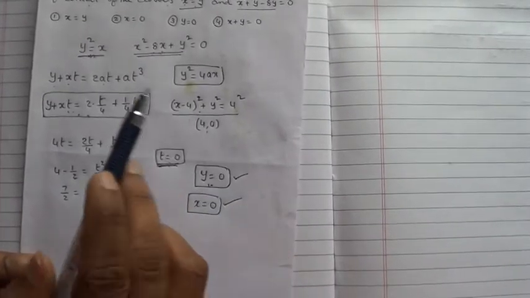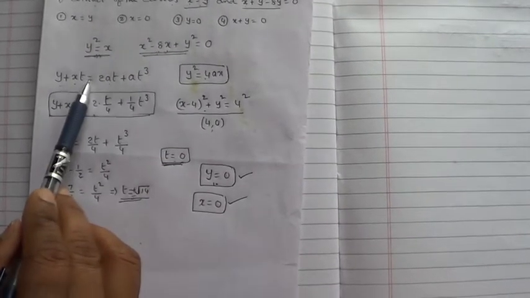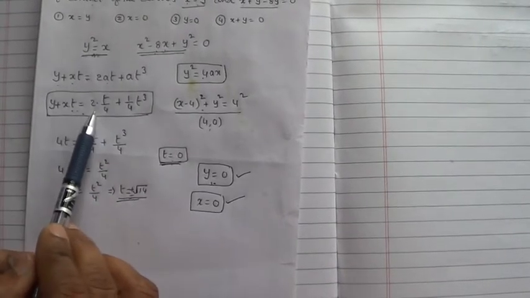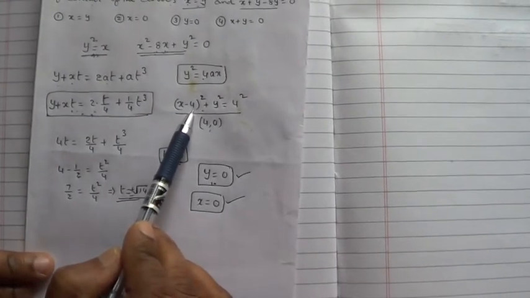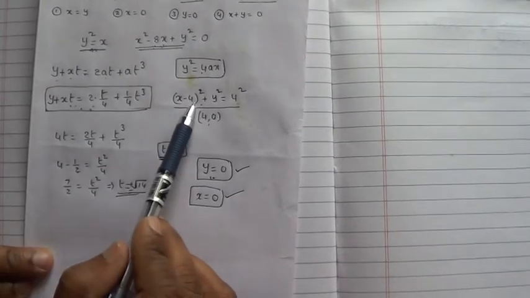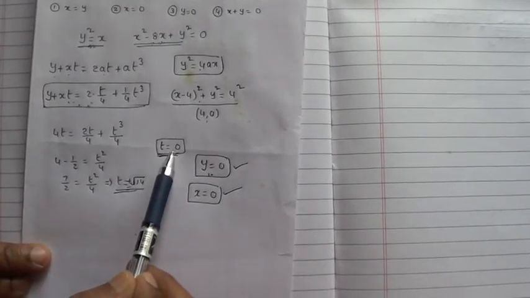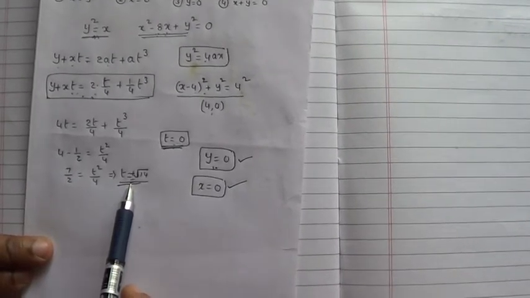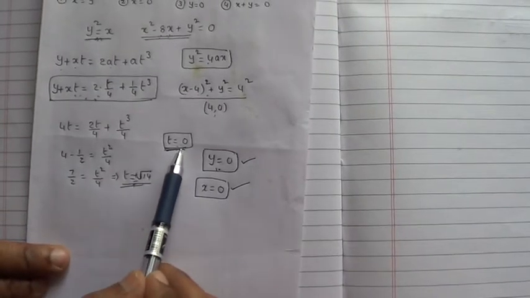So once again, for the curve y squared = 4ax, this is the normal. That's why we are finding the normal to this curve. The normal always passes through the center of the circle, because it is a common normal to the circle and parabola. That's why we got the values of t. One value of t is 0, and the other values of t are plus or minus root 14. If you go through the answer options, there is no involvement of roots. That's why t = 0.